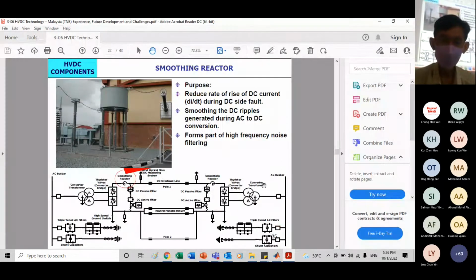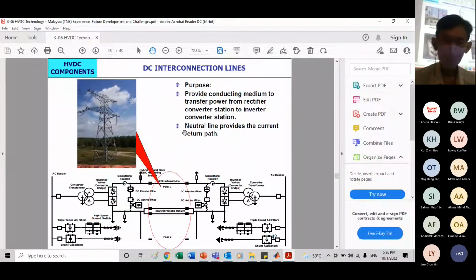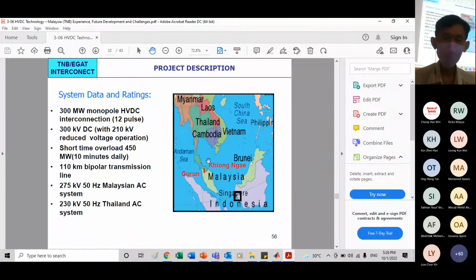Okay, so these are the reactors. It looks like a tank, you wouldn't think that there's water inside. So I think I will just skip the rest. These are the monitoring. So we explain this is how it connects country to country. Now for Malaysia, this